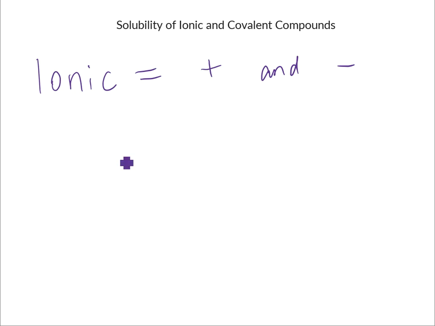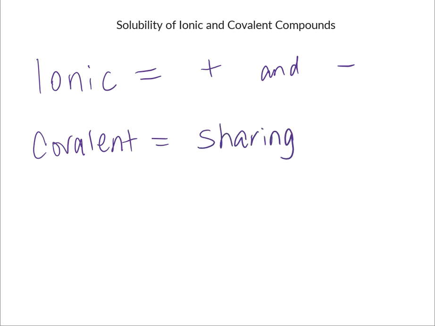And then covalent compounds occur when atoms are sharing electrons. With ionic compounds, the electrons are transferred, but with covalent compounds, the electrons are shared. You see these types of compounds when nonmetals share electrons with other nonmetals or metalloids. And so you want to make sure that you're able to look at a chemical formula and determine what type